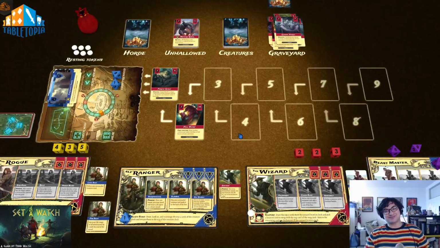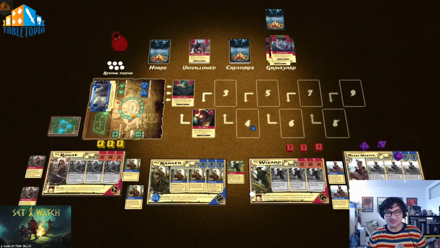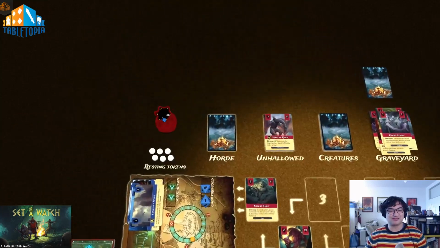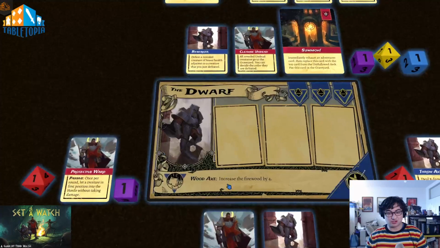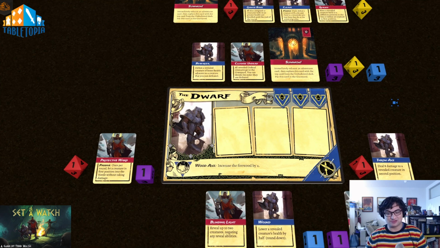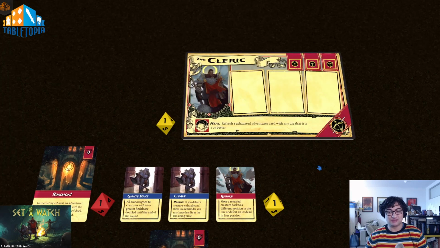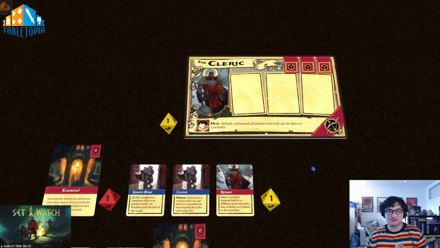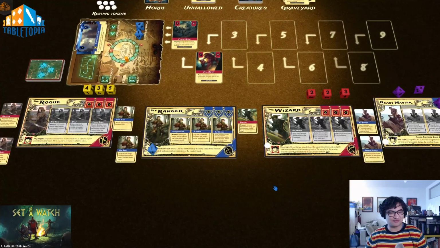Well, thanks for joining me for Set a Watch. This was a very short-lived game, but it's fun. It's a really cool puzzle. I really do enjoy it, and there are additional characters you can also play. Like we've got the dwarf here, who's very focused on just harvesting firewood and using firewood. And we've also got the cleric. He's the healy heals, and maybe I should have brought a healer along and not just thrown myself at everyone, but